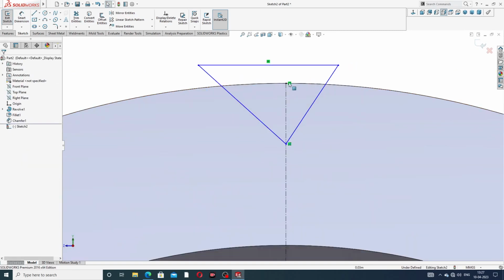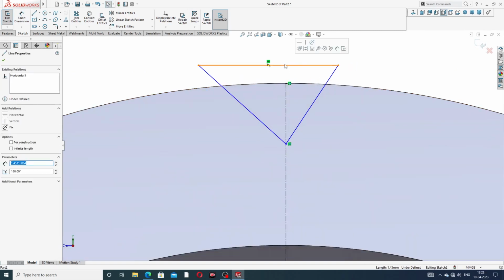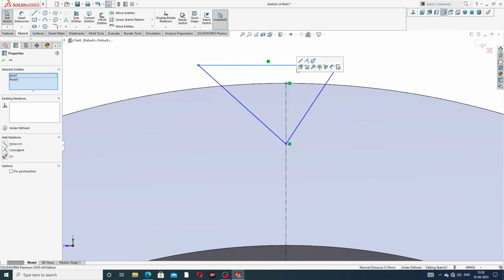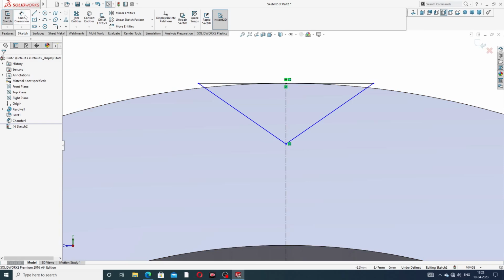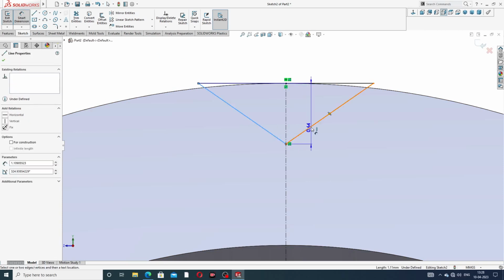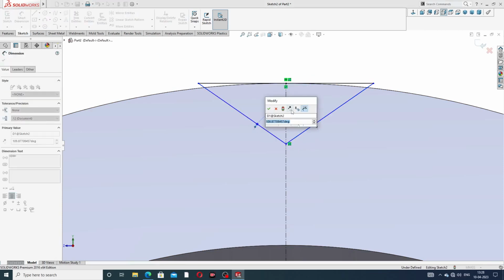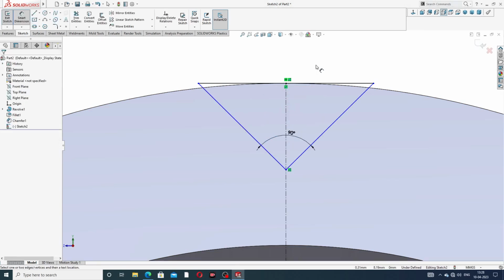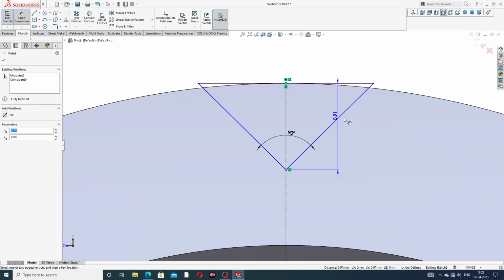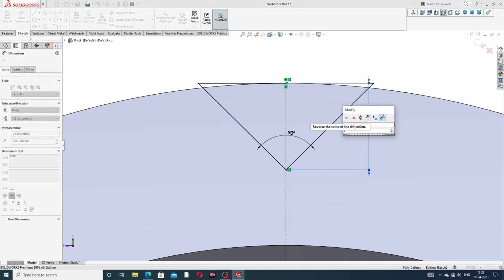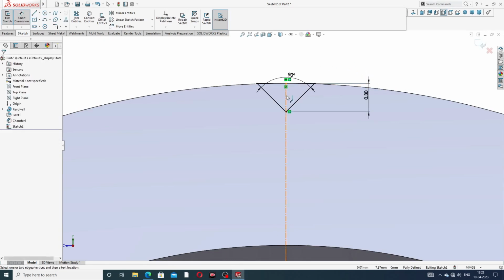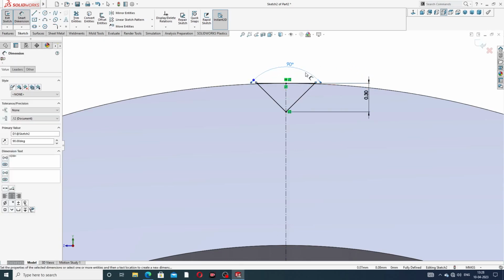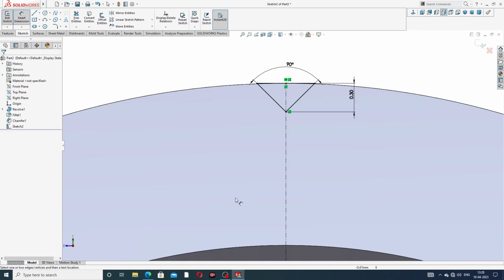Okay, and this line select this midpoint and use a midpoint. Okay, and this angle between this angle is 90-degree. Okay, and distance between to this is 0.3 millimeter is perfect. Okay, all is fully defined,